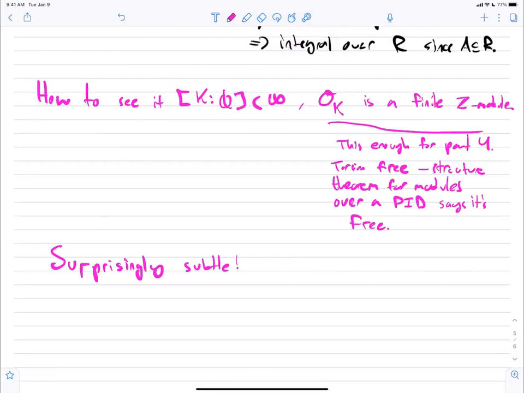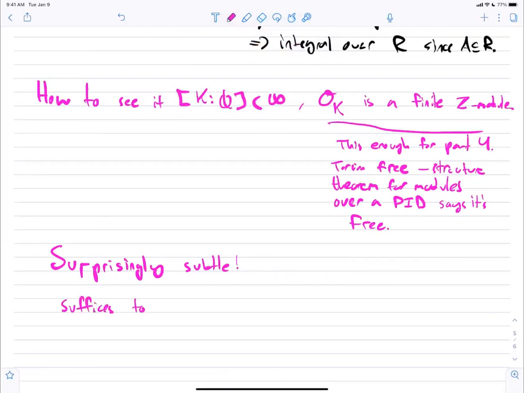And the idea, and one of the reasons I wanted to use a Noetherian ring argument for the previous thing, even though there are options that don't make a Noetherian argument for proving that O_K is a subring, is because we're about to use a Noetherian argument again. So it suffices, and a key idea is that it just suffices